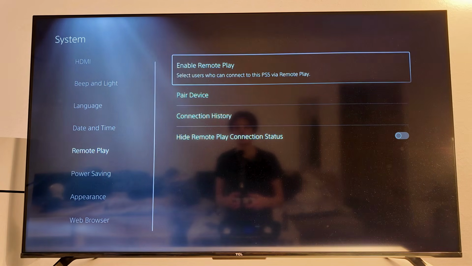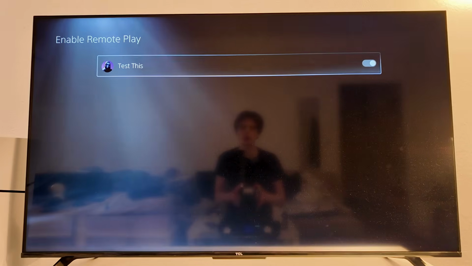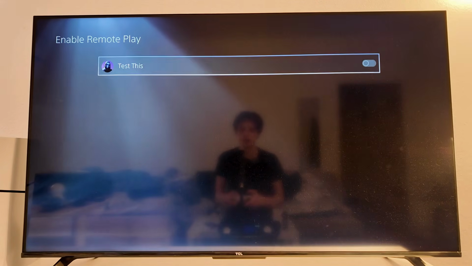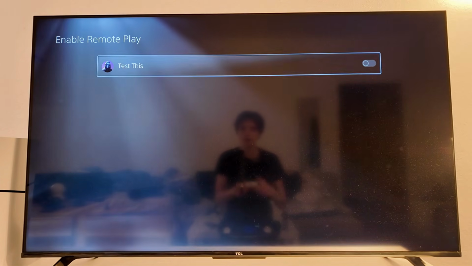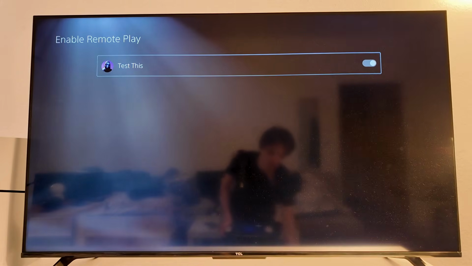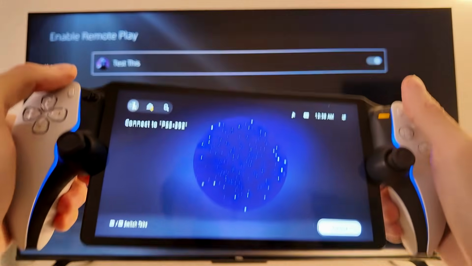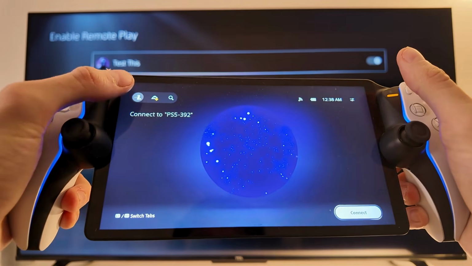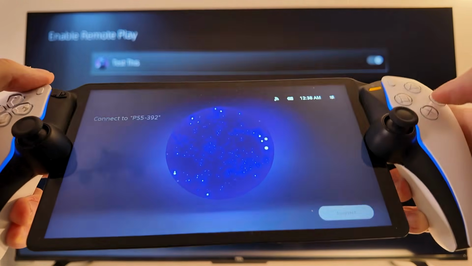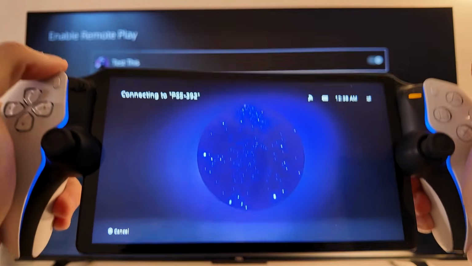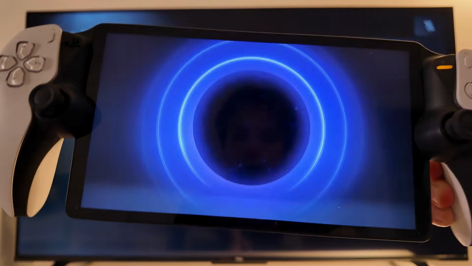play. So you need to click on enable remote play and make sure that this one is turned on right here. So if it's turned off right here for you, make sure it's turned on instead. So now when you have turned that one on, we can proceed to going into our PS Portal here, as you can see. Now you need to click on the left corner here and then click on connect right here, as you can see. It's going to say that it's connecting now to my PlayStation, so we need to just